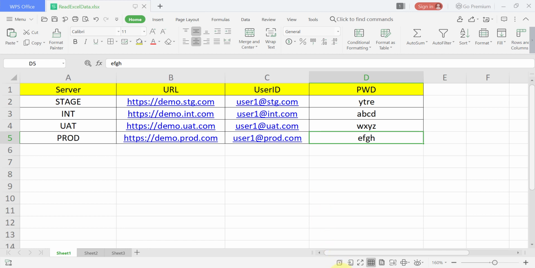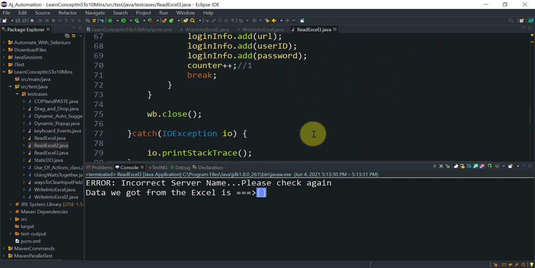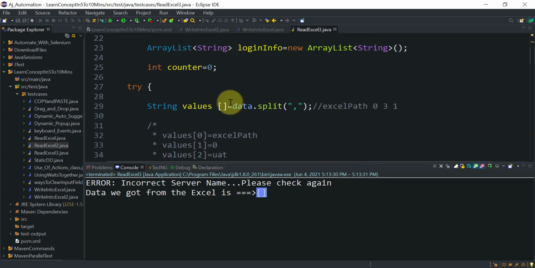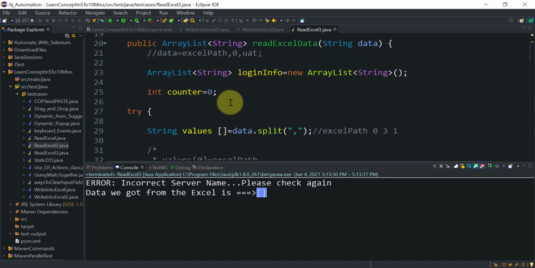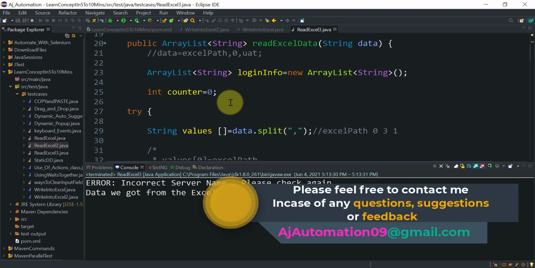This code will read URL, user ID and password, and that you can pass to the login method or login test case. So write this code in your Eclipse, run this for different inputs, and let me know if you face any issues or if you don't understand anything from this code. I have made it very easy so that a beginner will also learn this code.